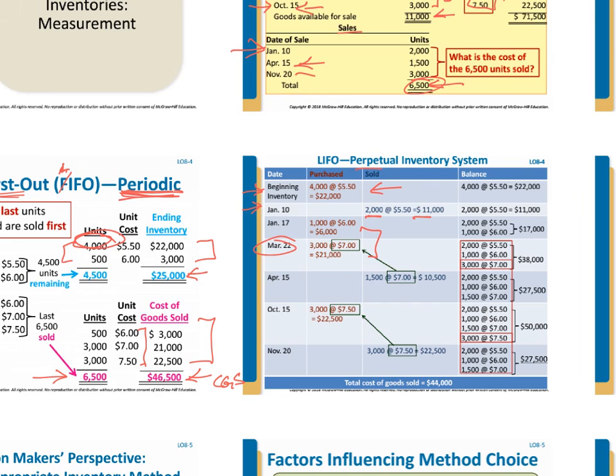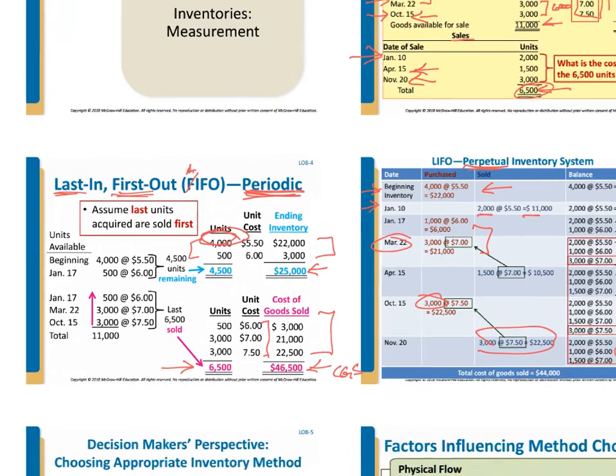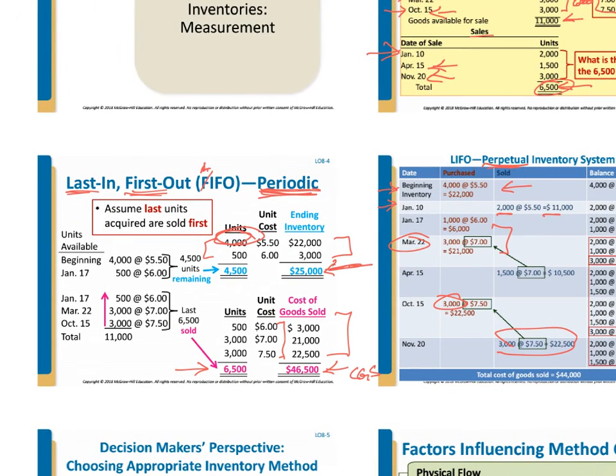And then we have finally another sale on November 20th. The last item that came in on that point right here was these 3,000 that we purchased from October 15th. So notice that our ending inventory here, when we use the perpetual inventory method under LIFO, is 27,500. That is different than what we calculated for the periodic inventory method, and it is because we have to organize